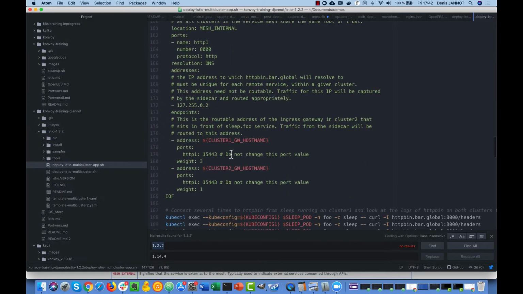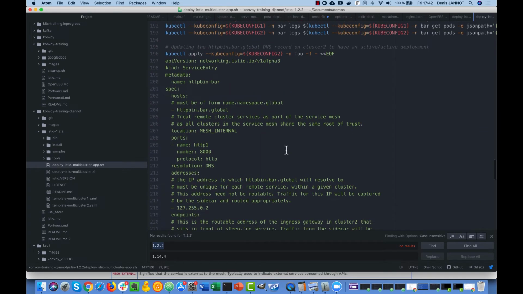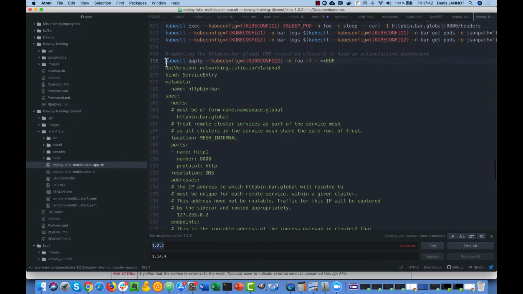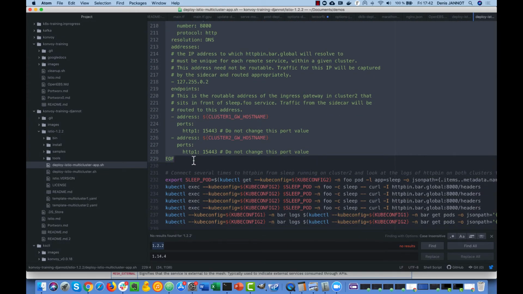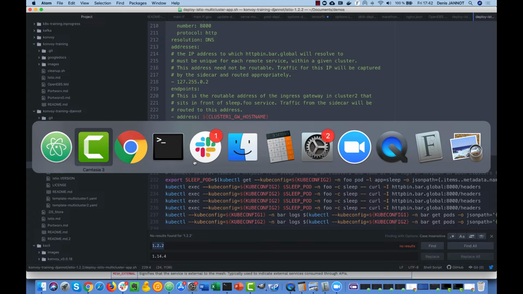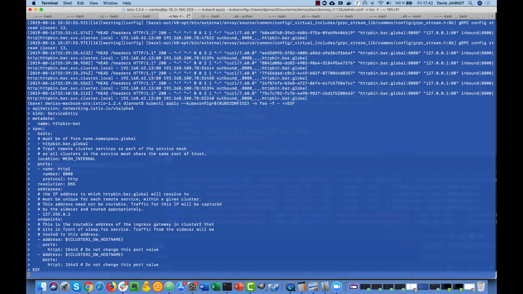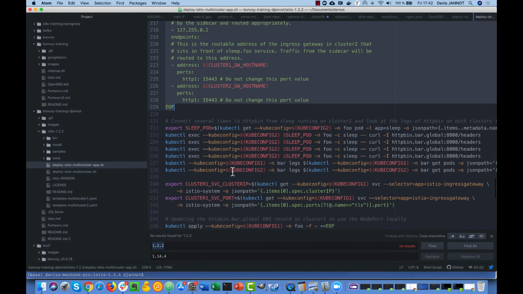And here, what is interesting as well is to create the same service entry on the second site so that we get an active deployment. So now we can send requests for microservices on any of these sites and have access to both microservices. So it's another option.